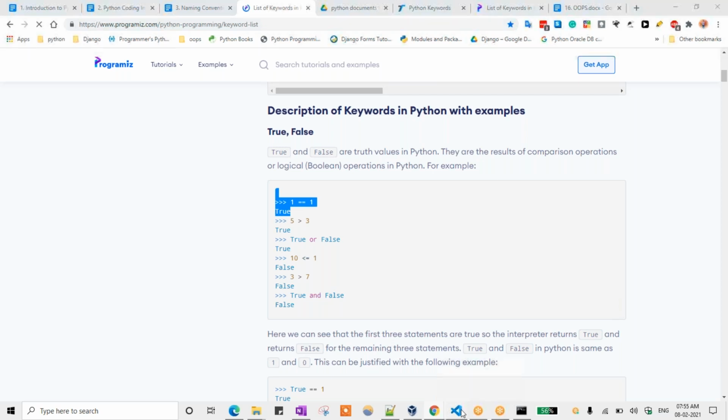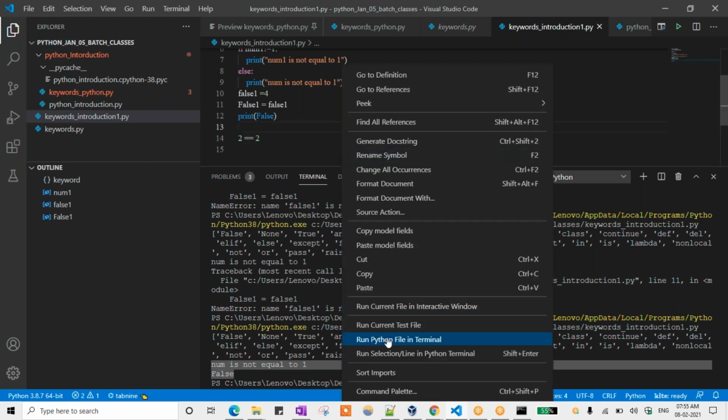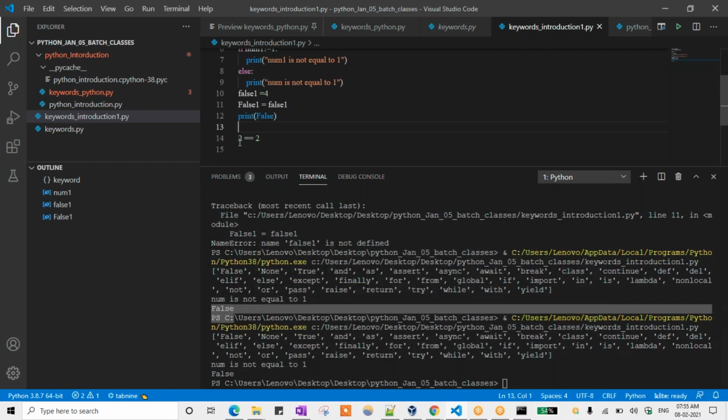Suppose here what I'm doing is 2 double equal to 2. I'm just checking the condition 2 double equal to 2. Here you can put a print statement. Normally if I run that one, nothing will be output after that, right? We are not printing any data. Suppose here I'm using a print statement for that one, at the end. Now you can see the output as True also.